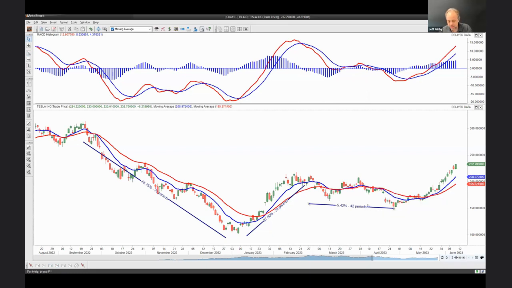Okay, I'm going to clean up this chart just a little bit. Just clean some stuff off of it. Now, the second part of it,